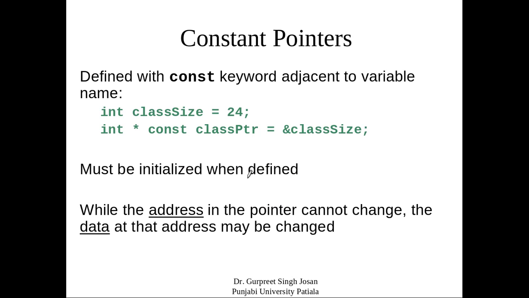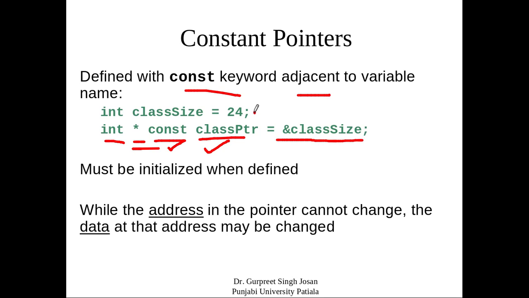On the other side, if you have to declare a constant pointer, then the syntax is a little bit different. To define it, the const keyword goes adjacent to the variable name: here we write int *const variable name. Now I create a class pointer variable, which is basically a pointer type. Star indicates that it is a pointer type, and const indicates that this pointer will be a constant pointer, whose value cannot be changed. So this value should be initialized during the declaration of the pointer, otherwise after that you will not be able to change the address of that particular pointer.